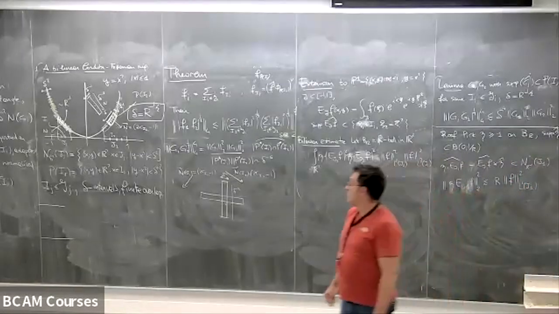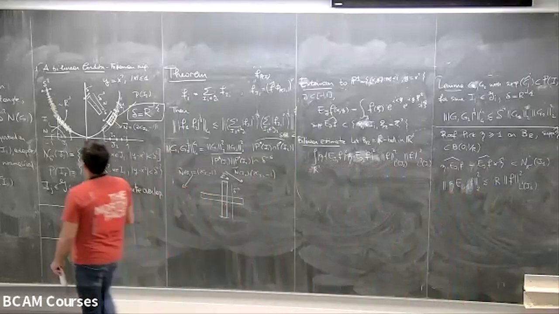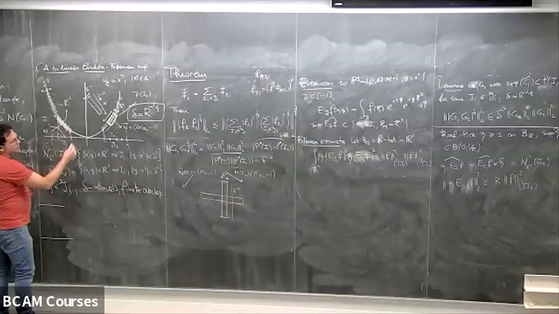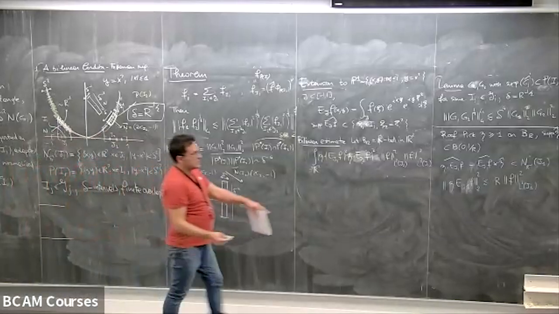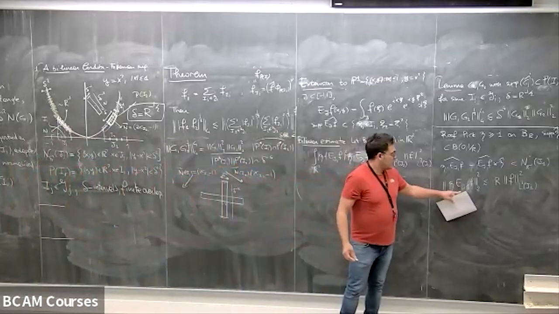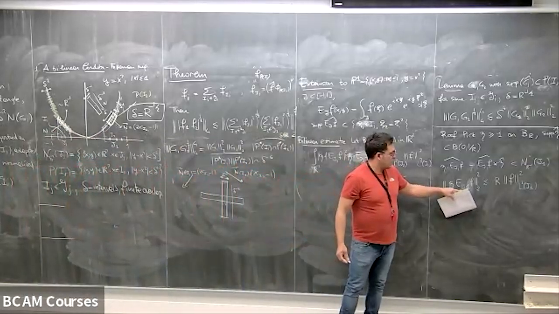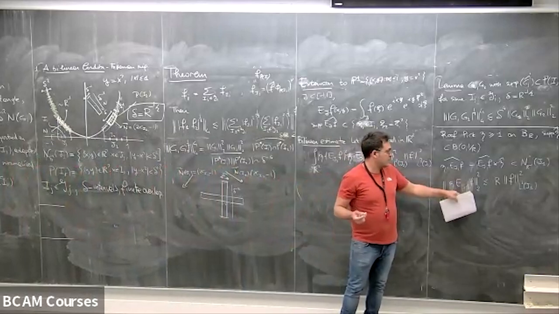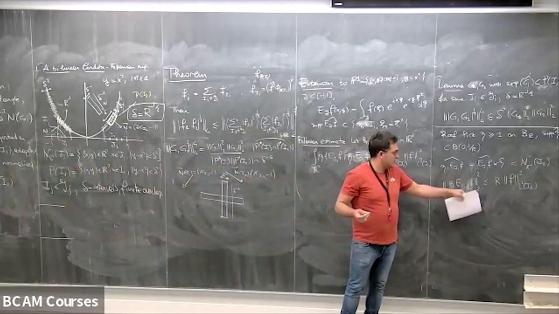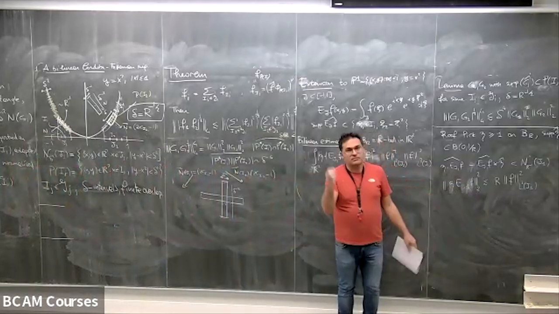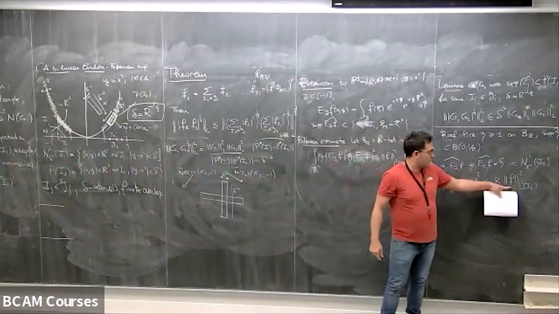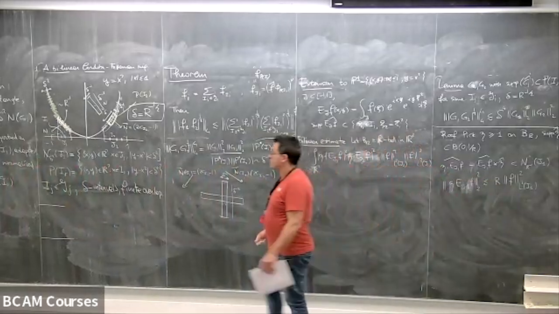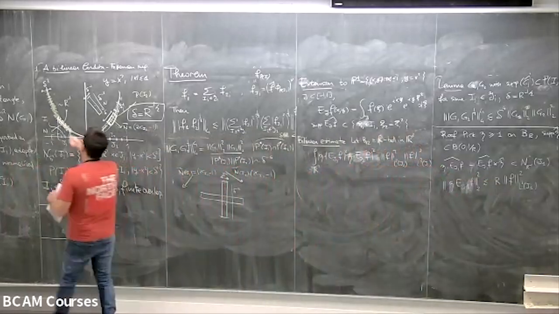Why? Well, because you're averaging. The L2 norm of the extension is the same, right? So, I mean, you need an argument, but what you're doing is taking the mass of F and spreading it. And the normalization